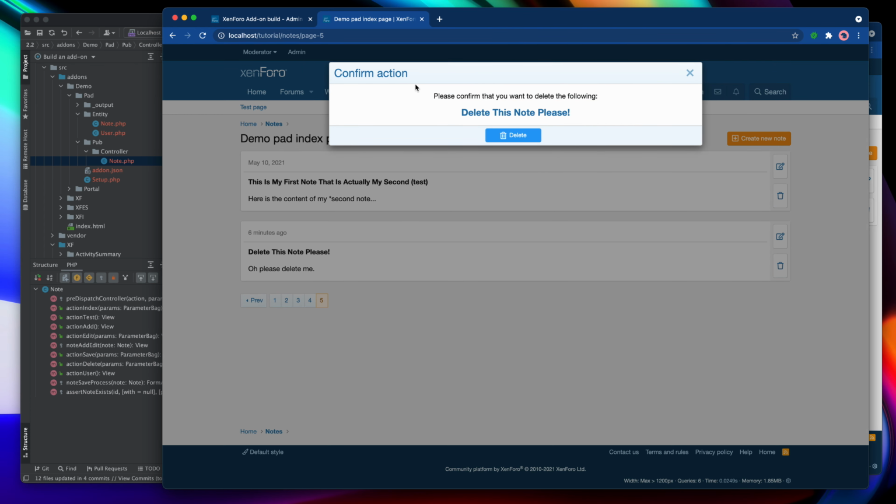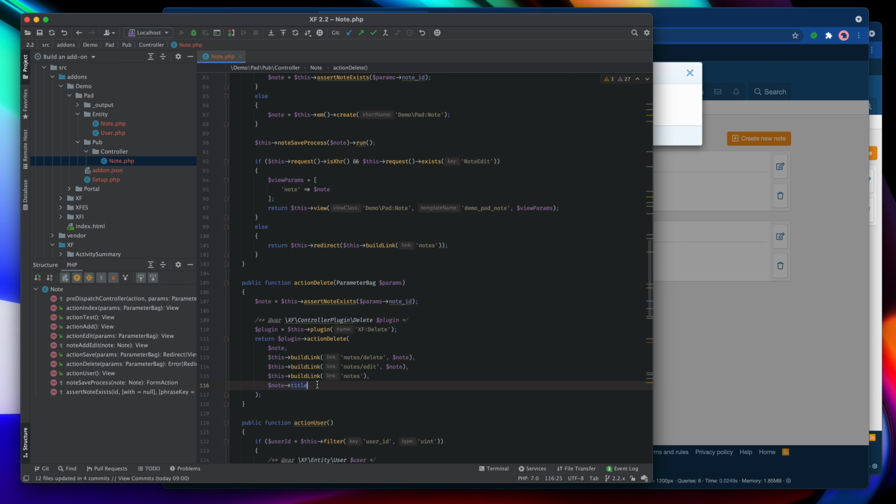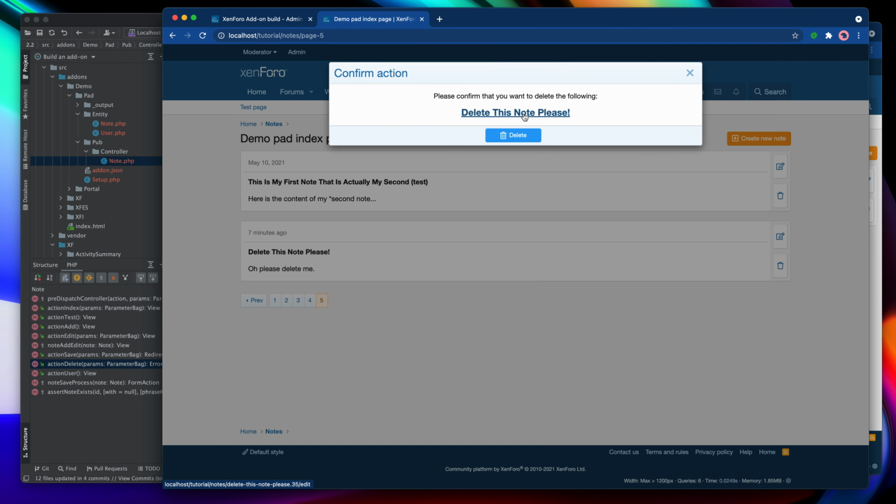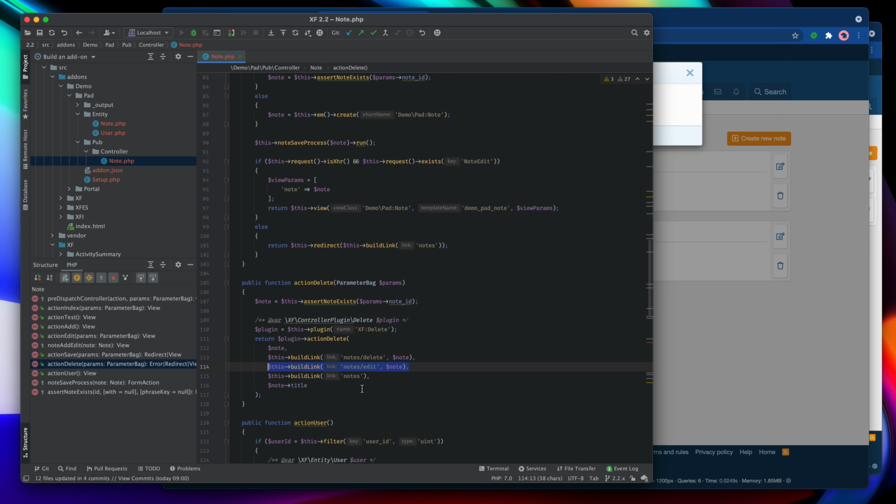So here it is. And the plugin will open an overlay. It'll ask me to confirm deletion of a particular item, and then it uses the edit link and the title that we set up in the parameters here and here to allow me to click that and go off to edit it to verify that the particular item that is being proposed for deletion is the item that we want to delete. And then if we were to hit delete, then it's going to actually delete it. So let's go and take a look at what happens behind the scenes on that.